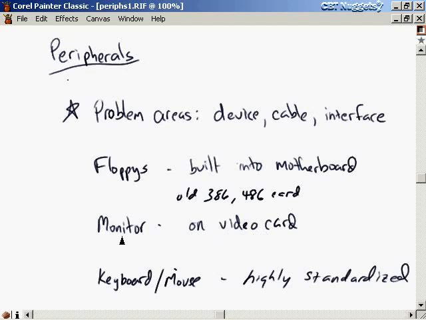The monitor port is actually on the video card itself. So you can determine what's wrong here. Like if you don't even see any text when you turn your computer on, you don't even see the BIOS messages or anything like that, then you know something's seriously wrong. And you know, maybe the device is fried, or maybe the cable's bad, or maybe it's the interface. So you can easily take the cable and the device